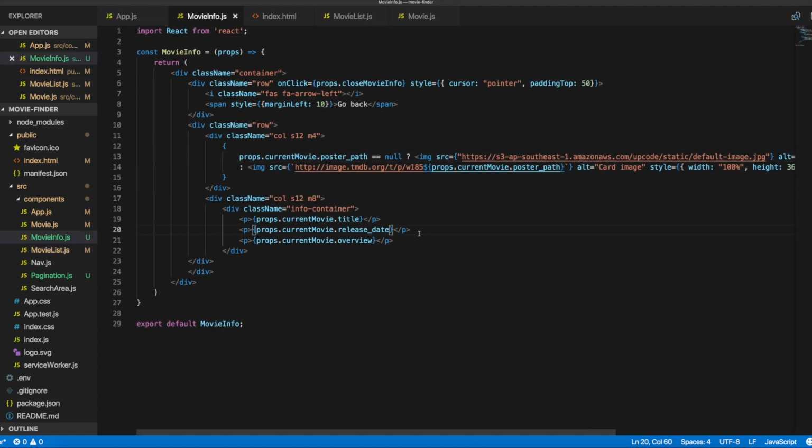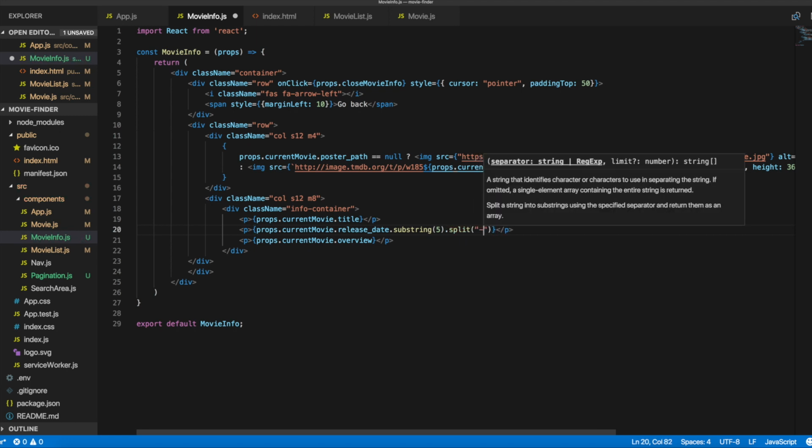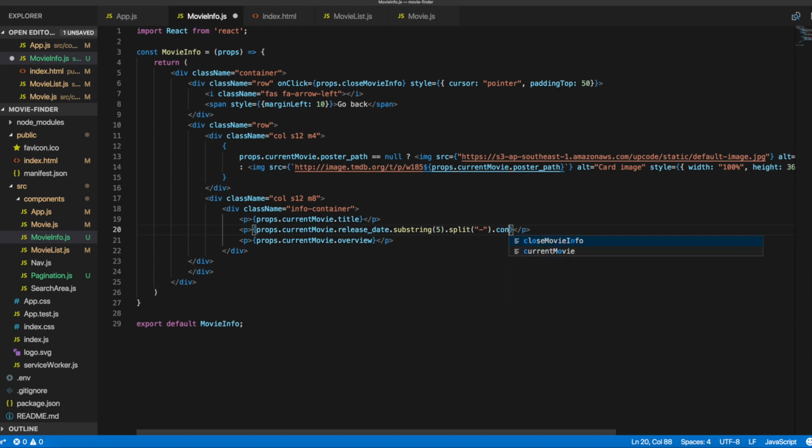we have our release date there. And so what I'm going to do is use some string methods here to reorganize or reformat the release date string. So first thing I'll do is on this release date, I'm going to do a substring method, and I'll do 5, and I'll explain this once I type it all out. So I'll do substring 5, do a dot split. We're going to split it on the dash, and then we're going to concat,